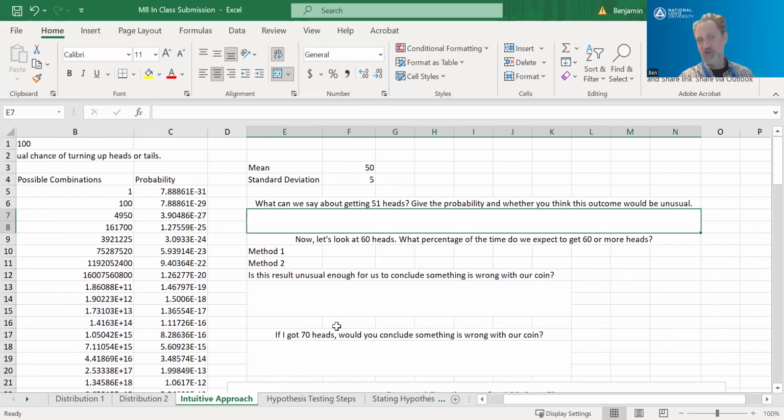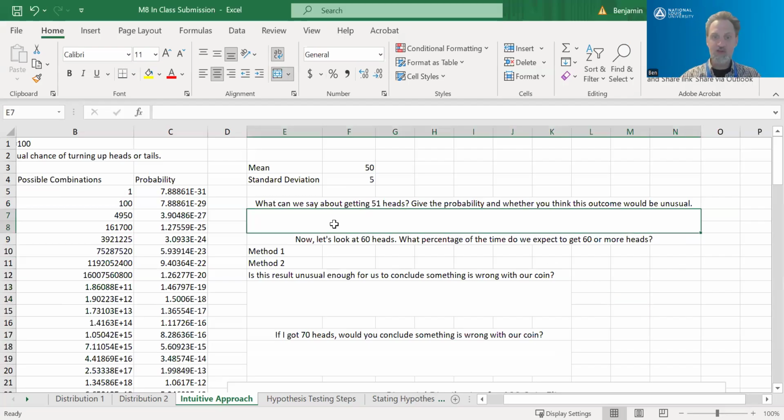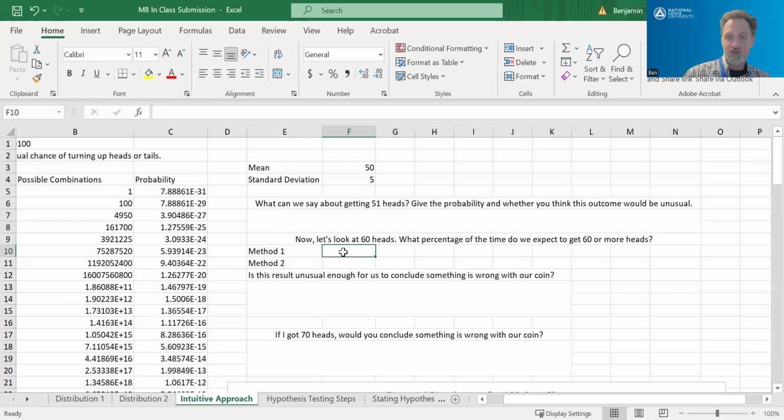I don't need you to do the experiment. We've done the experiment on a smaller level with the 10 coins. And we saw that although we might think 5 is the most likely outcome, and it is, all the other outcomes added together are more likely than 5. When we did the actual testing experimentally, we got a lot of other results. In fact, somebody got like 8 heads or 9 heads. So for this first question, just going on your gut and what you understand, what can we say about getting 51 heads? The next part, we're going to do a little bit of math.